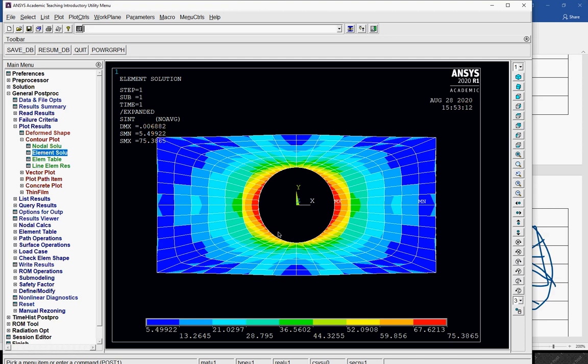But of course, you need to select the proper element type, apply the proper meshing techniques, apply the correct boundary condition, which is going to happen in the actual practical case, and then only are you going to get good quality results. If you say I'm using ANSYS, I can get the most accurate result, forget about it.